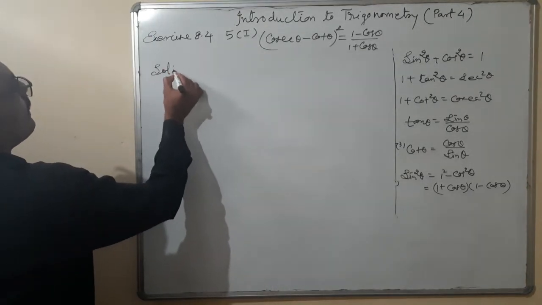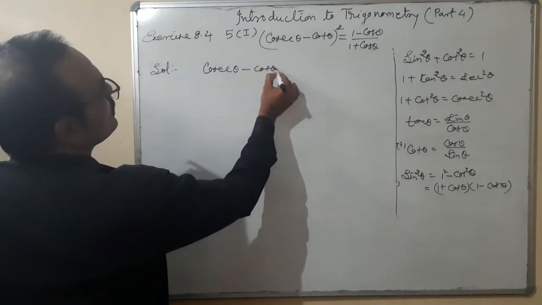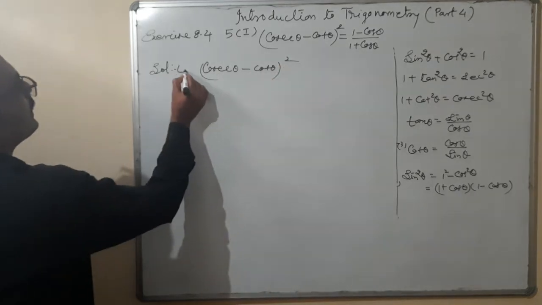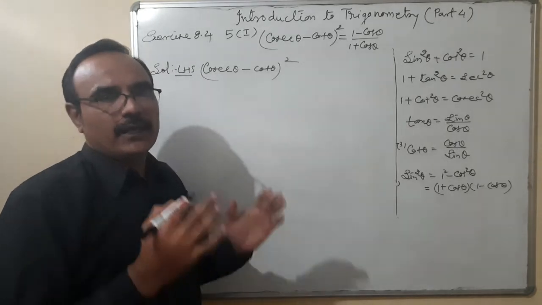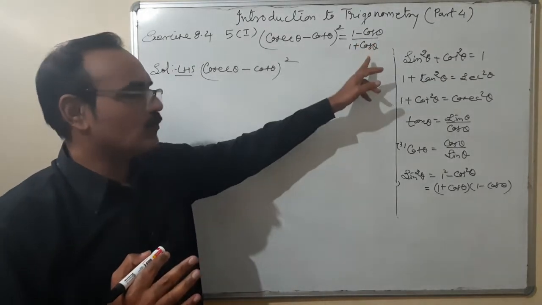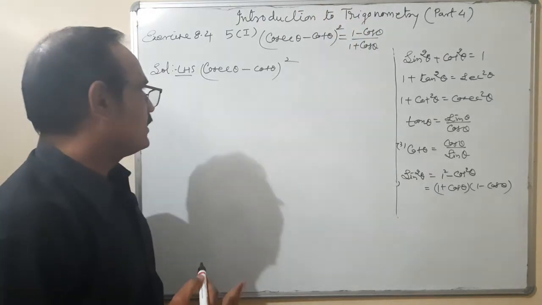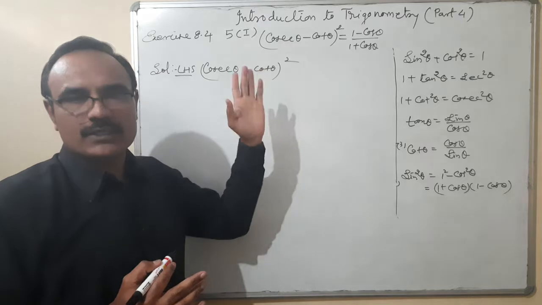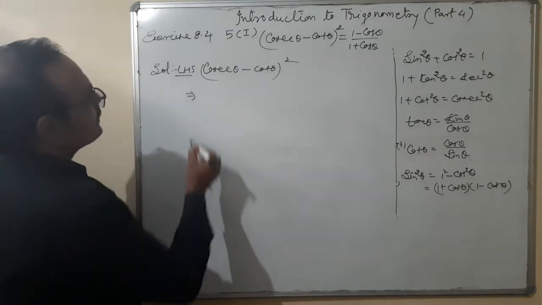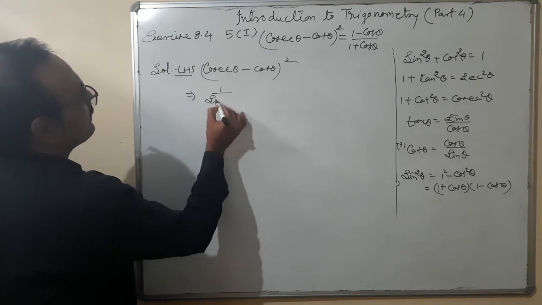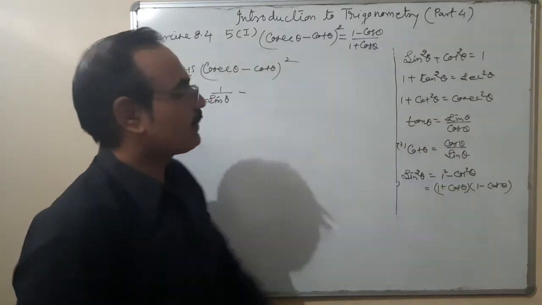I am taking cosec theta minus cot theta whole square. That means which side I have taken here? LHS. Okay. Cosec theta minus cot theta whole square. And we have to pay our full attention here to what we want to reach on the RHS, that is 1 minus cos theta upon 1 plus cos theta. So we are converting these terms into the form of cos and sine. Cosec is a reciprocal of sine. Cosec theta can be written 1 upon sine theta minus cot theta. Cot is cos upon sine. Okay.